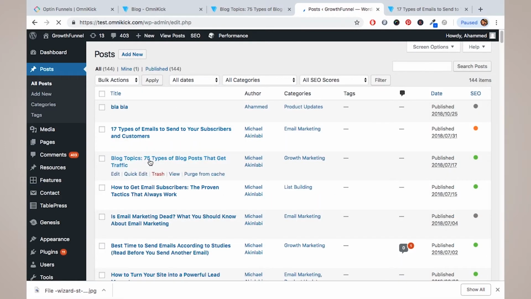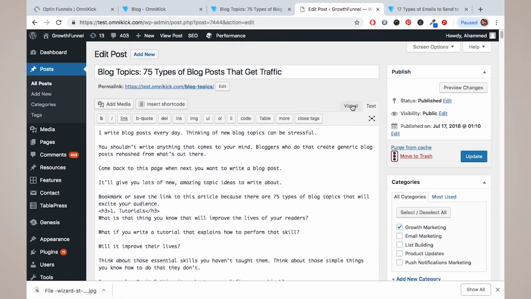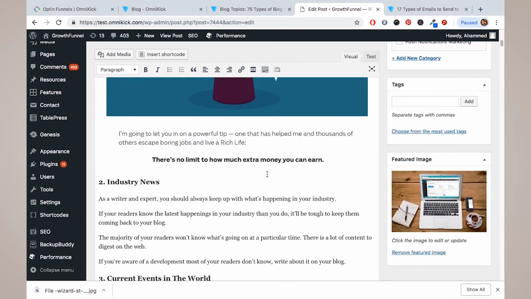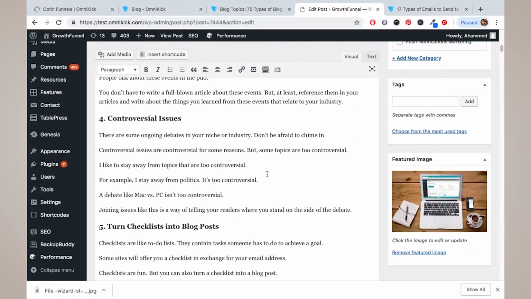So I'll open the edit box from this place, go to the visuals, and let's say I want to put the opt-in box right under here, right on the top of the 5th point. Okay, I want to put the box over here. So what I do now is